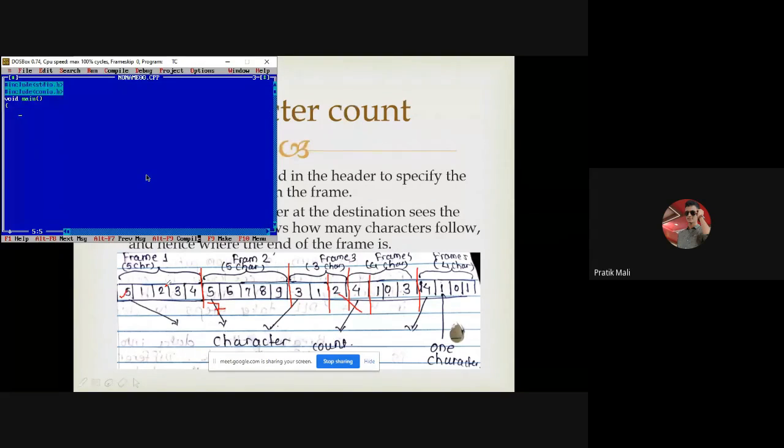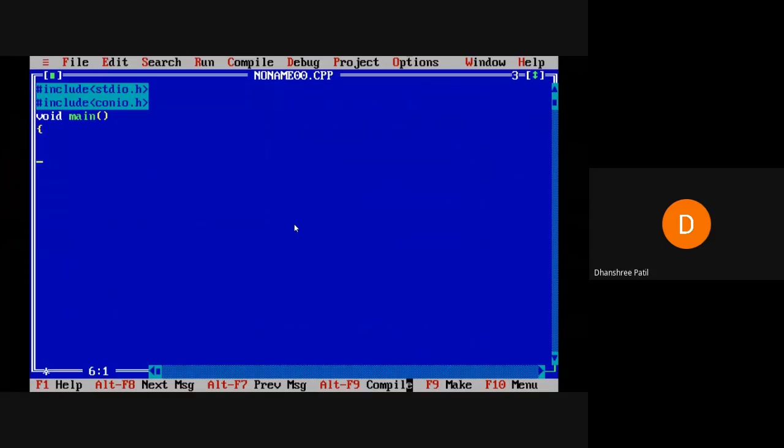Madam, maximize the screen. Okay. Is it visible? Yes, it is visible. Okay, fine. So what we will do, we'll first take input from the user. Okay, step by step we'll go. So I'll write here printf. First we'll take the